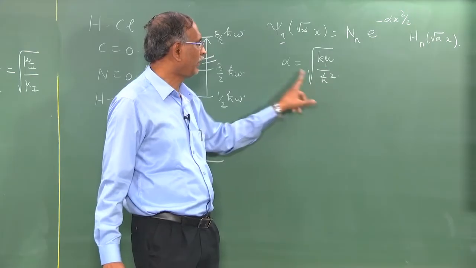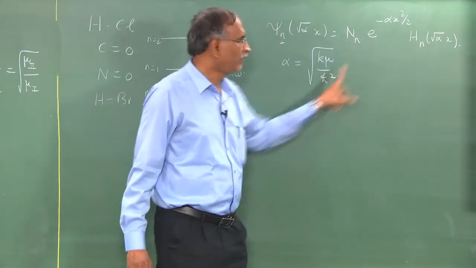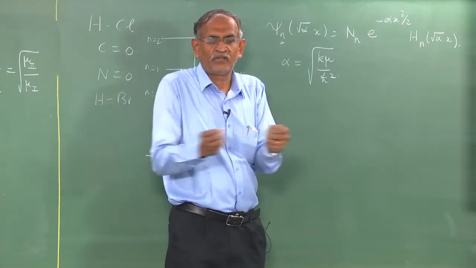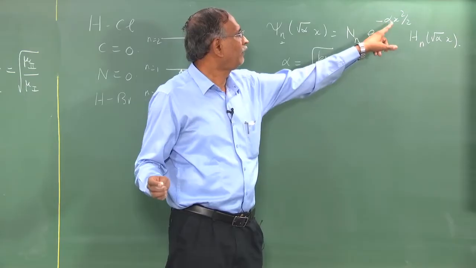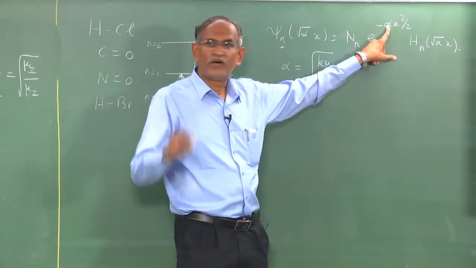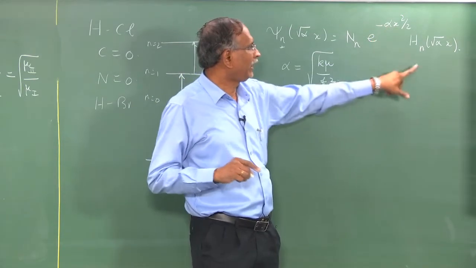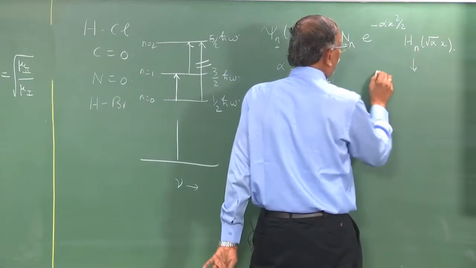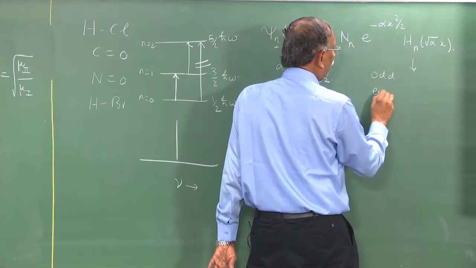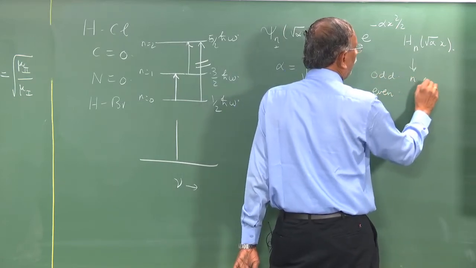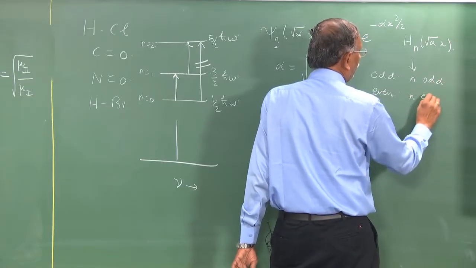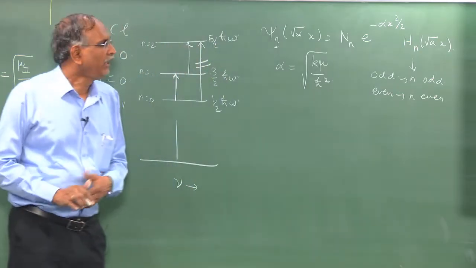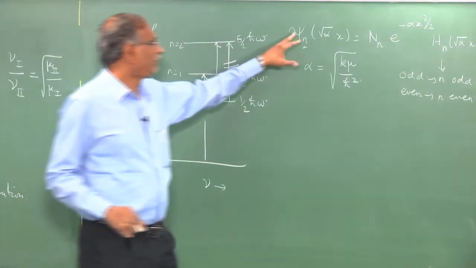This is the Planck's constant, and it is the same alpha that goes here, and alpha has the dimensions of 1 by length square. X is the displacement from equilibrium. Therefore, this is length square, alpha has 1 by L square as the dimension. So, root alpha x is dimensionless, and these Hermite polynomials were given to you as odd and even depending on whether n is odd or n is even. These formulas are given to you in the lecture notes, and therefore you might look at the wave functions, because